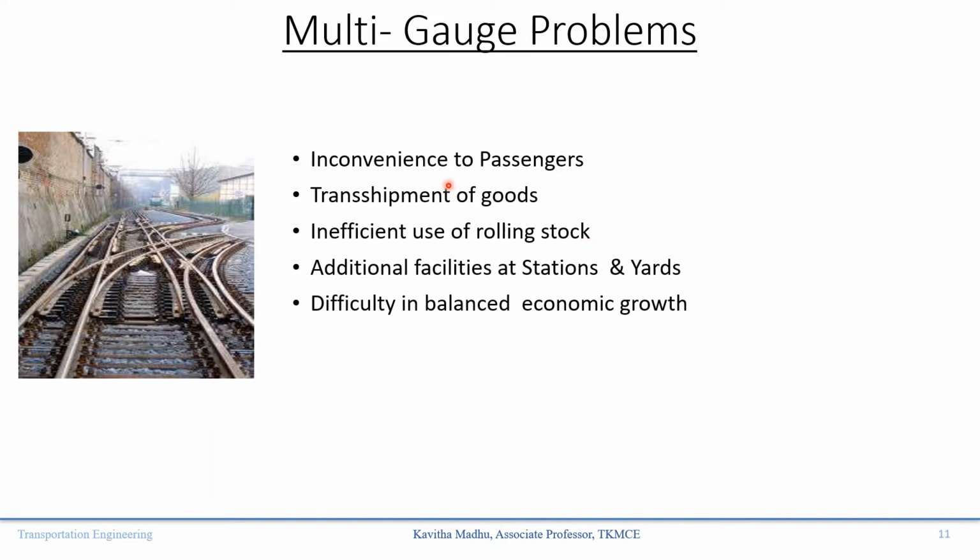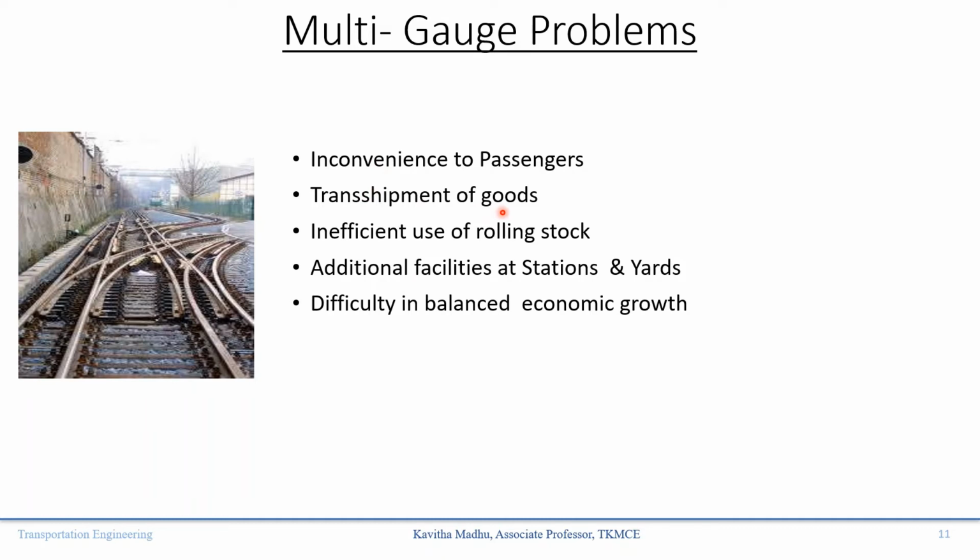First and foremost, it causes inconvenience to the passenger. If they are elderly passengers, or whoever it is, we have to shift from one platform to the other, climb the stairs, and cross the bridges. Similarly, we have to transport our luggage. Then, if your train arrives at the station late, finding a seat is another challenging task. If it is late, there is also a probability of missing the connecting trains, delay, etc. So it causes inconvenience to the passengers, and at the same time it affects the transshipment of goods.